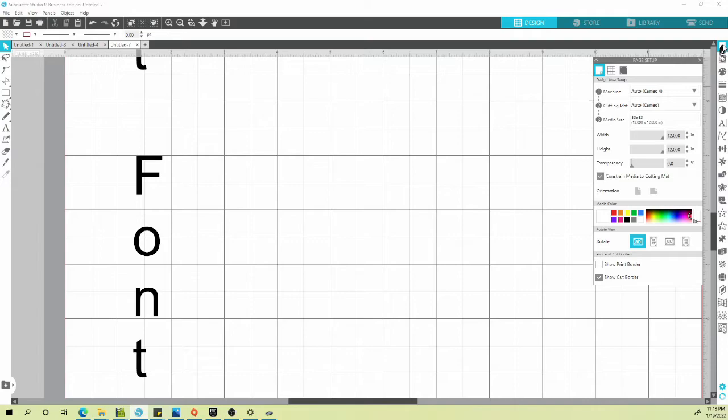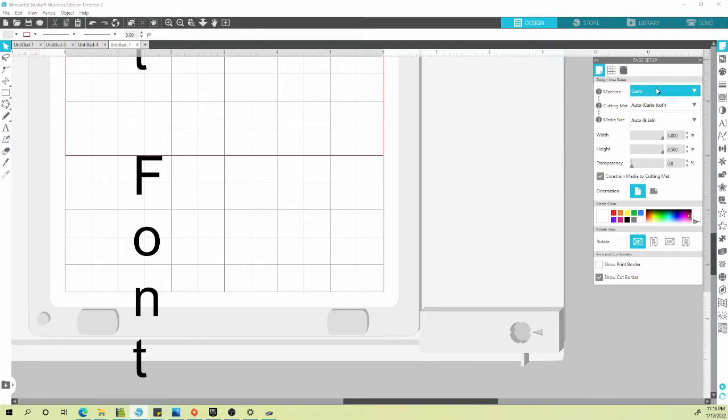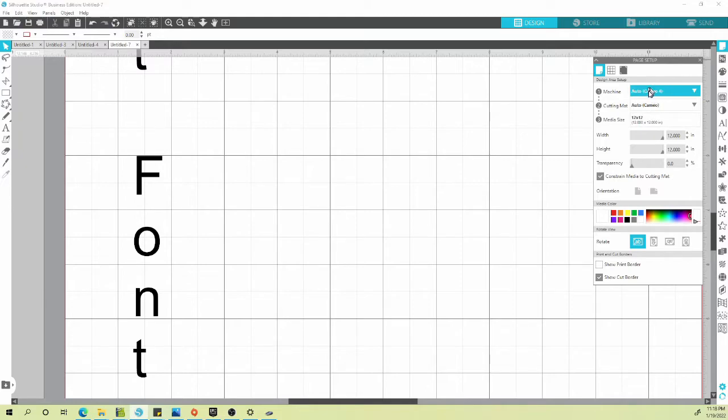So your top little page or paper image here, this is where you're going to set everything for your Cameo machine. You're choosing your machine. I've never had it not properly know that I have the Cameo 4, but if for some reason, maybe you have multiple hooked up, or maybe it had a weird error and it loaded the Curio version, I can go in and choose the Cameo 4